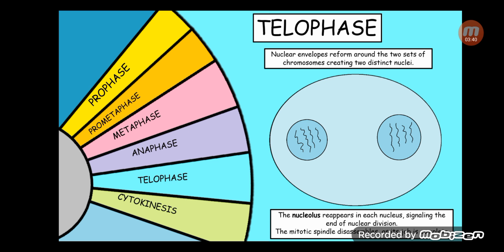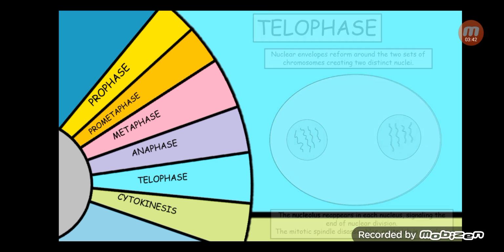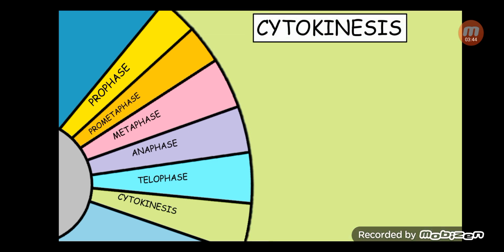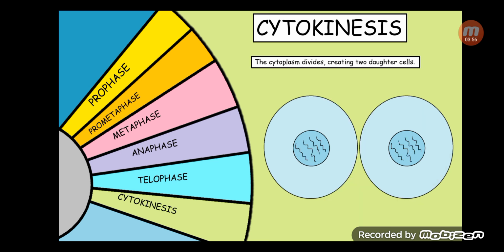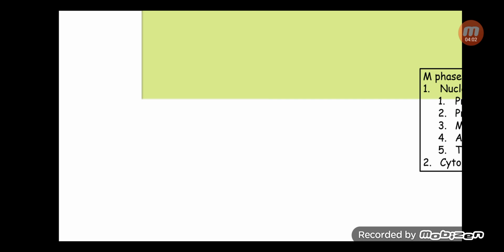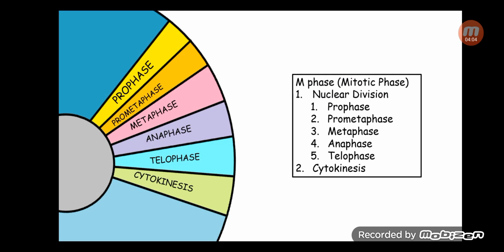And now the final phase of M phase, that is cytokinesis, starts. During cytokinesis, a cleavage furrow is formed, caused by a contractile ring of actin and myosin filaments. The contractile ring tightens, pinching the cell membrane inward until the cell is split into 2. And as a result, the cytoplasm divides into 2, creating 2 daughter cells. So this was all about the mitotic phase or